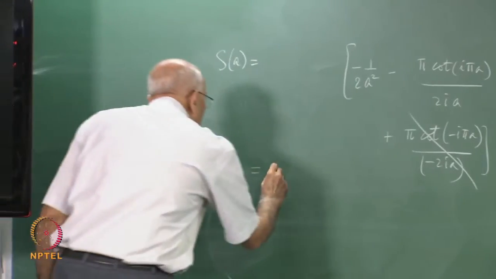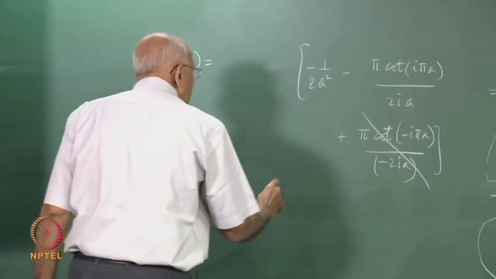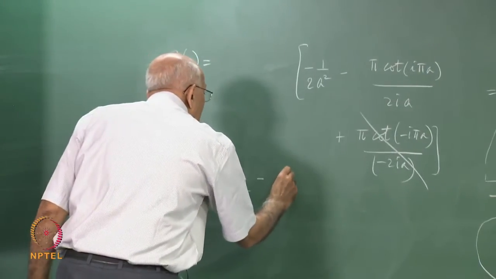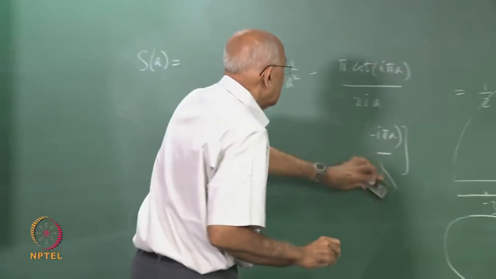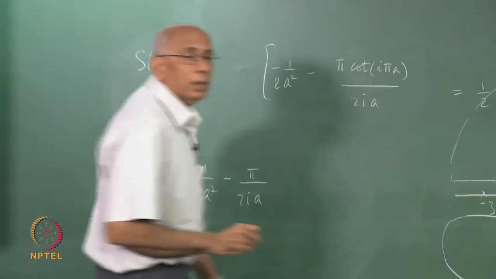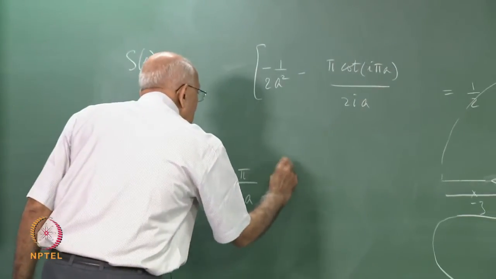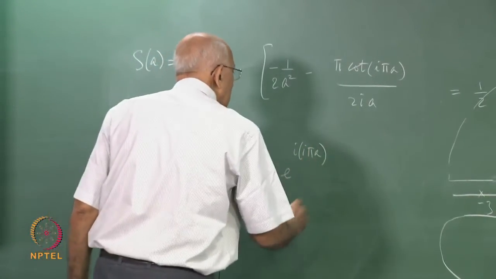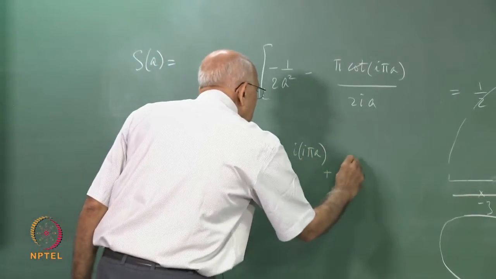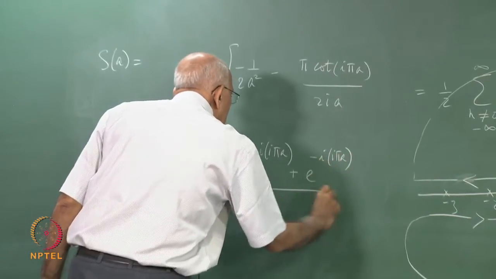So, it is equal to minus 1 over 2a squared minus pi over 2ia, and then cot i pi A, let us do this slowly, so I get, don't make a mistake, minus i times i pi A divided by 2,